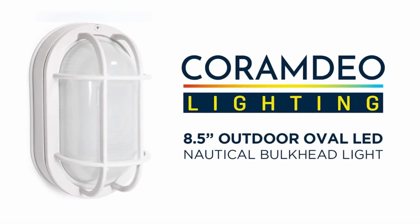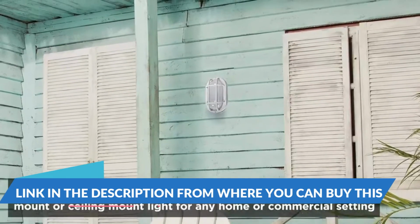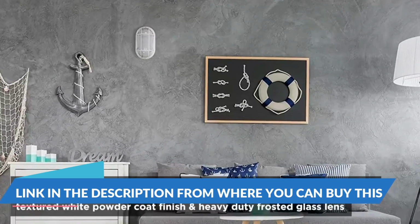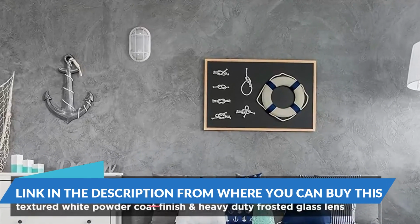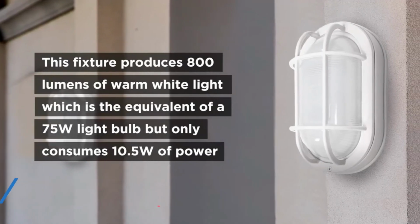Farmhouse semi-flush mount ceiling light fixture, E26 space, industrial black pendant lamp shade, vintage close-to-ceiling lighting for kitchen island laundry corridor porch foyer, hallway entryway. This farmhouse ceiling